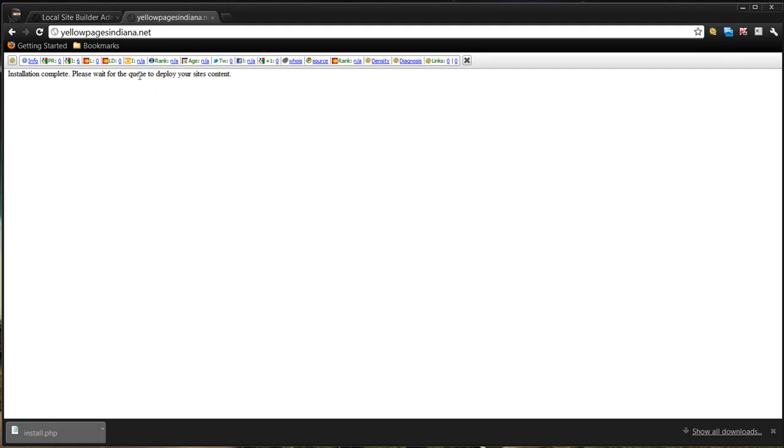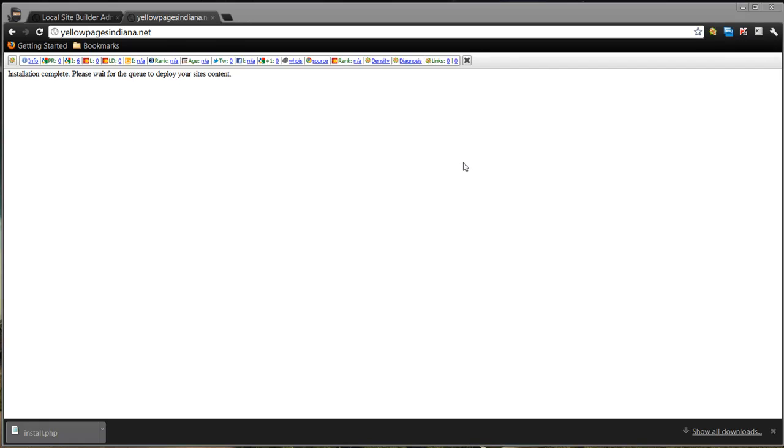Now our queue is 60 seconds. So at no point in time will you have to wait longer than 60 seconds for your website to deploy. However, it could deploy as fast as 1 second, depending on at which point you clicked the install.php file in correlation to where the queue was. So while I'm waiting on the queue to reset, I'm going to go back over here to Local Site Builder